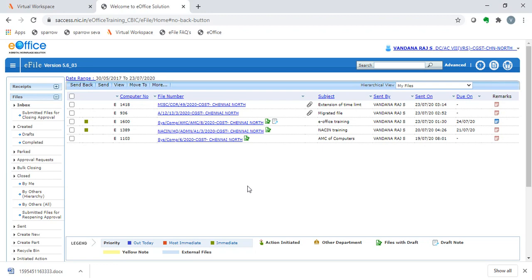In real-time scenario, link option is used with respect to part files and attachment option is used when the entire file needs to be put in another file and it does not need to be used later. In cases of callbook, we can create one file known as callbook and keep attaching files as and when they are added to the callbook. Later, when they need to be retrieved from the callbook, we can detach the file. So, this video explains linking, attachment, part files.